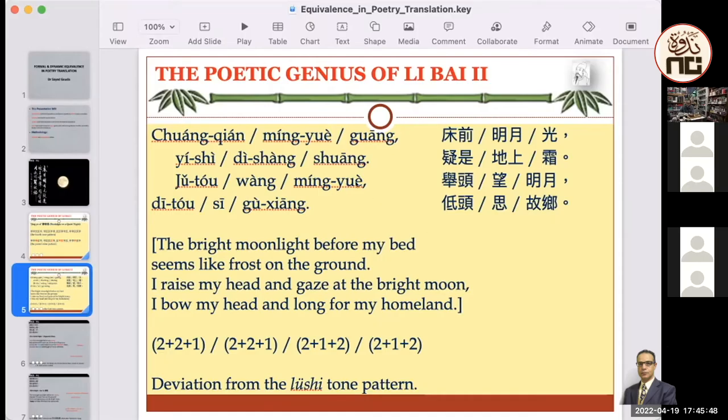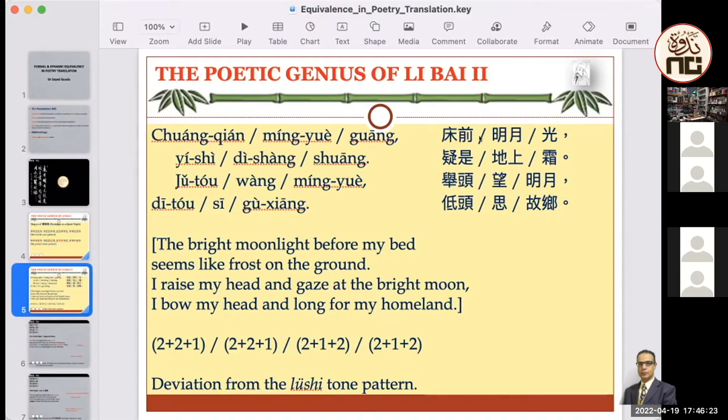in the Tang Dynasty, the Wu Yanshi, the 5-character or pentasyllabic poetry, is divided 2-2-1. Of course, some people, when they read this Wu Yanshi, may divide it into 2 and 3, or 3 and 2. But it's up to you. Usually it's 2-2-1. And here, this is my own scansion of the poem.